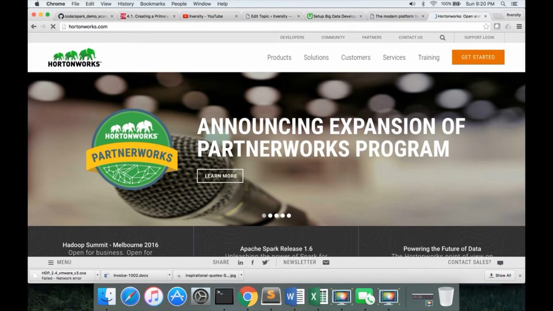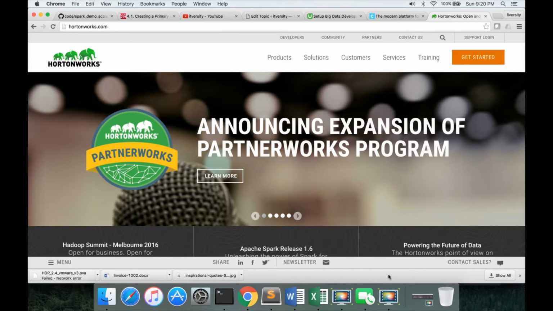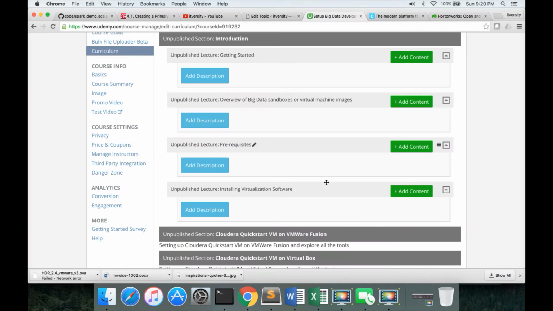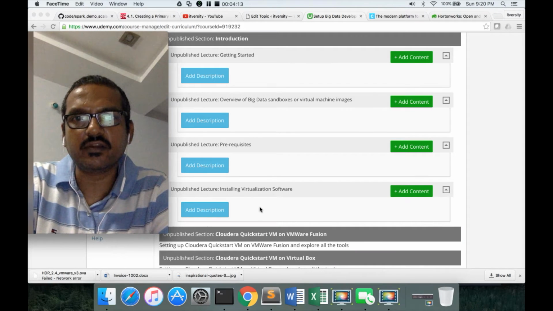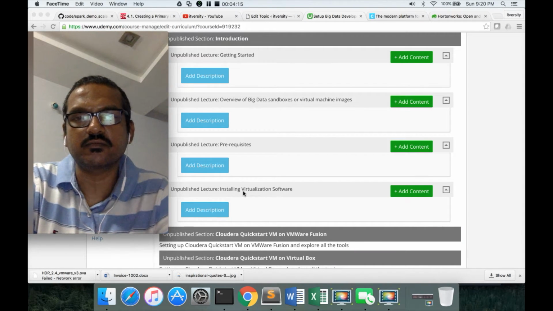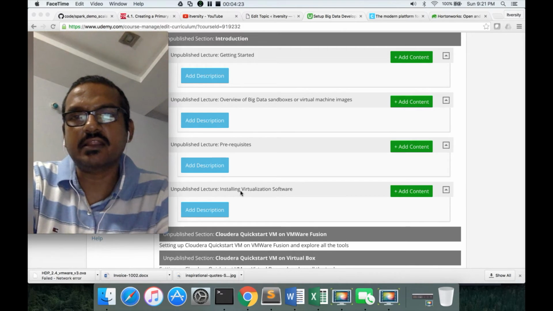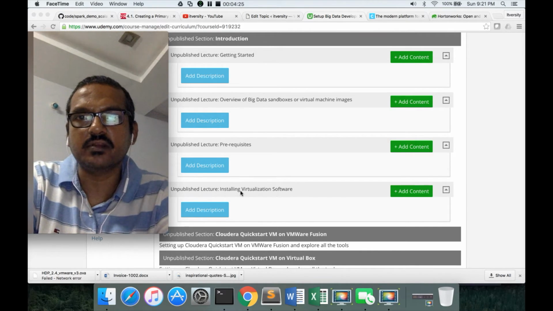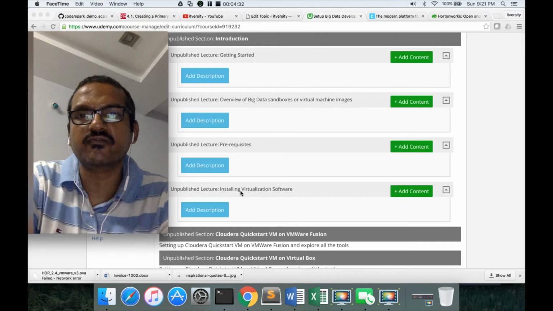We will use these, but before setting up these virtual machines, we have to set up the virtualization software. In future videos, we will first see how to set up this virtualization software. Then we will download the virtual machine images or sandboxes, preview the tools, and start using them as part of future courses.